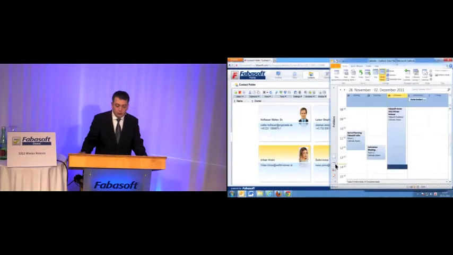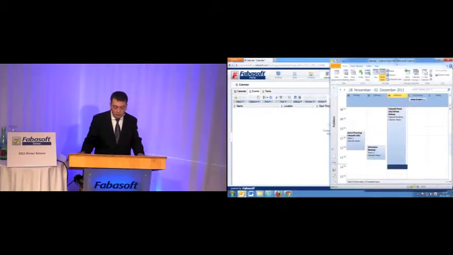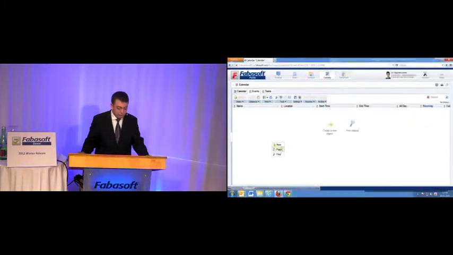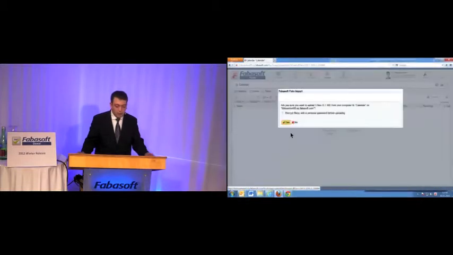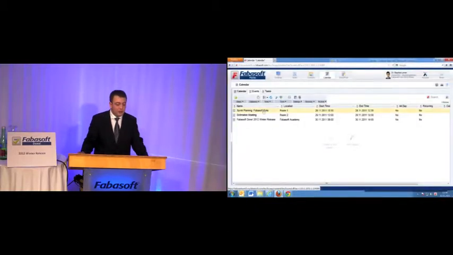Similar to the context, you can also work with Microsoft Outlook events and Fabasoft Folio. I will switch to the Fabasoft Folio calendar to the list of the events, and in Outlook I will select multiple events and will import them to Fabasoft Folio. With paste, I can import these selected events into Fabasoft Folio, and also in this case there are Fabasoft Folio